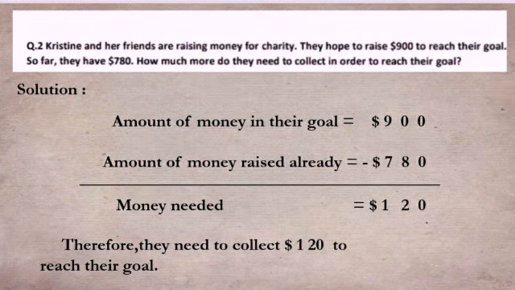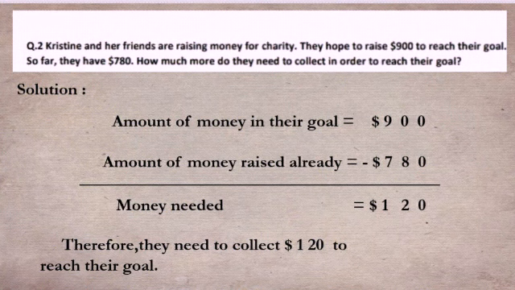You have to use borrowing. So maintain the rule of borrowing also, and write in this way in your exam paper. Must write the final answer. Last we can write money needed, that is $120. In this way you can solve this question, and you must write the final answer. Otherwise marks will be cut, so be careful about it. Must write the final answer and write the statement properly.